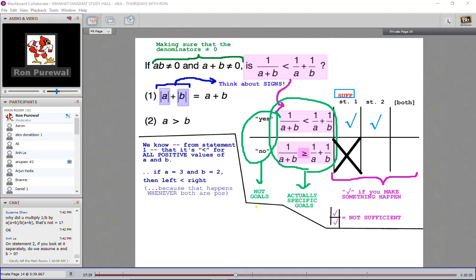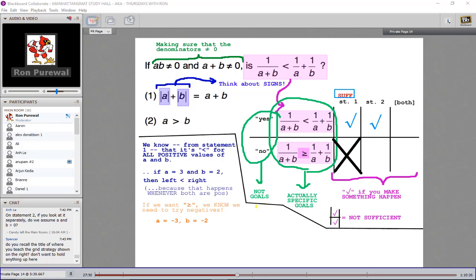If we want greater than or equal to, we know that we need to try negatives because of the outcome of statement one. So let's try the same thing except negatives. So then we have 1 over -5, which is -1/5. And then